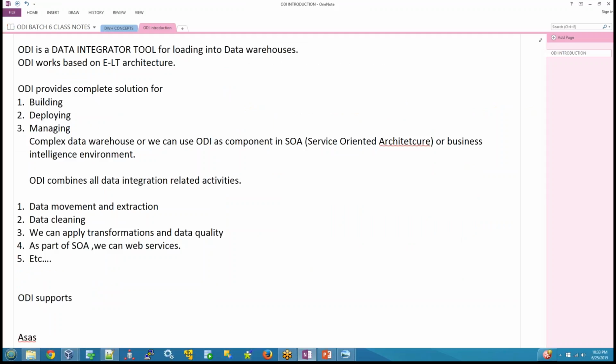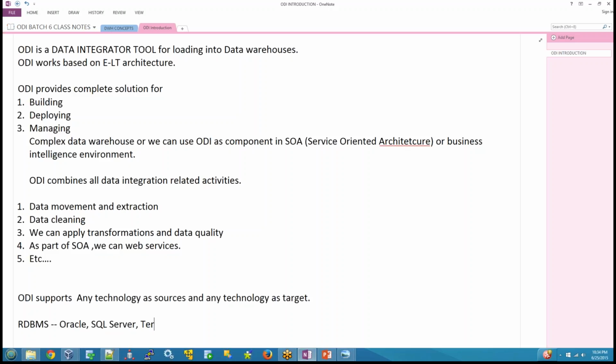ODI supports any technology as a source and any technology as a target. For example, the source can be any RDBMS like Oracle, SQL Server,